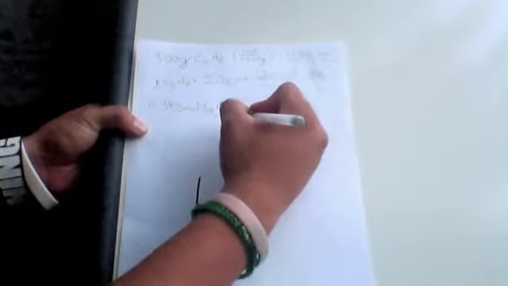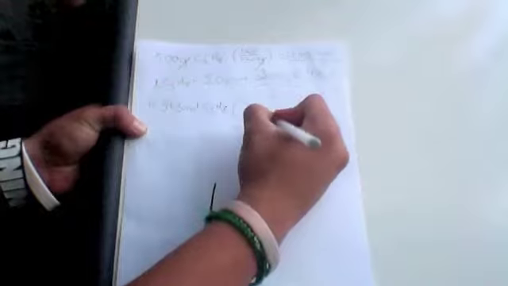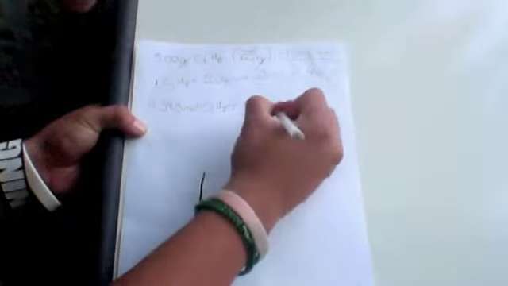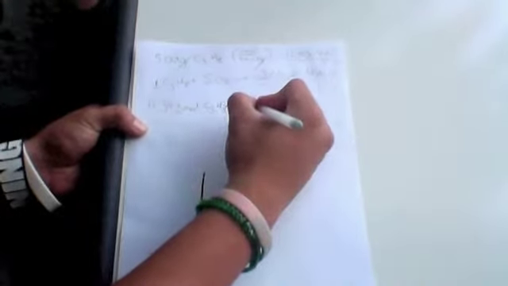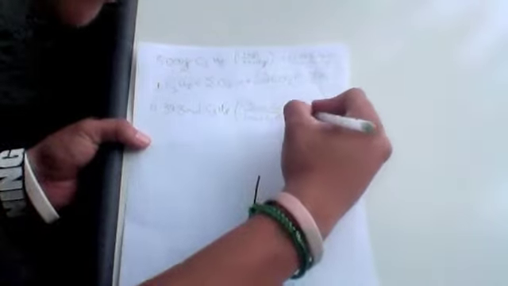So on the bottom we have, for every 1 mole of C3H8, we get 3 moles of CO2. This comes out to